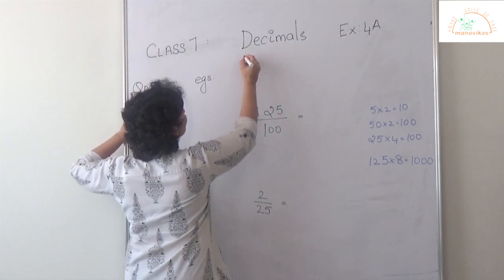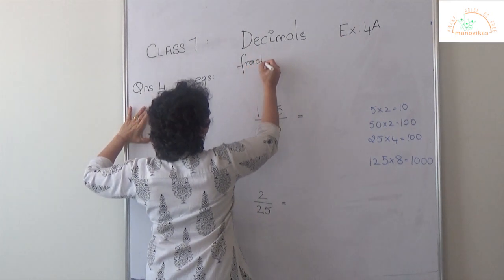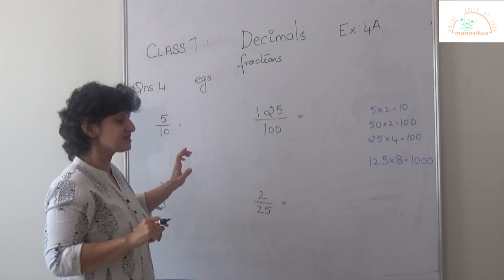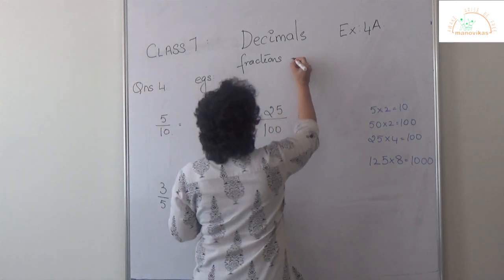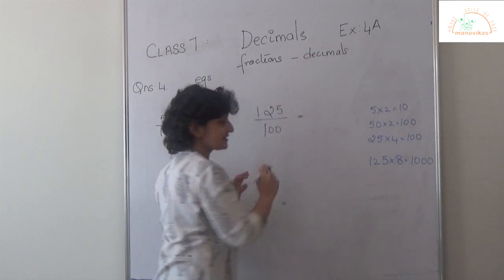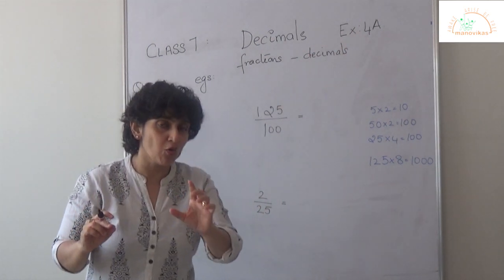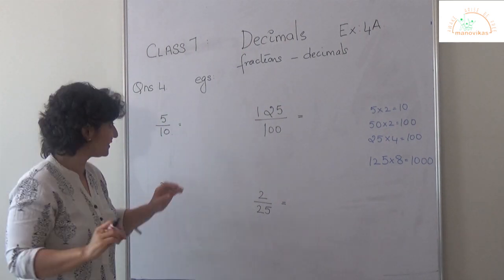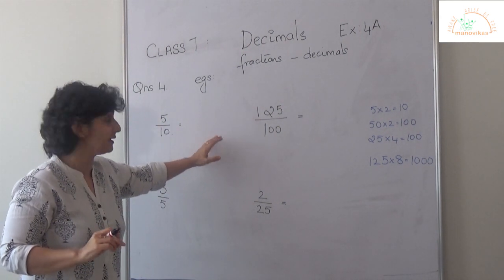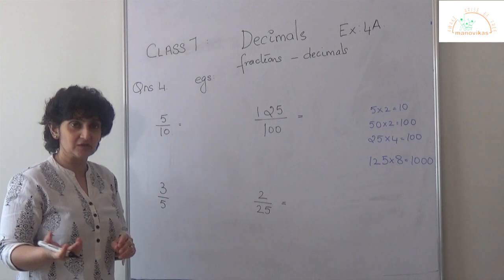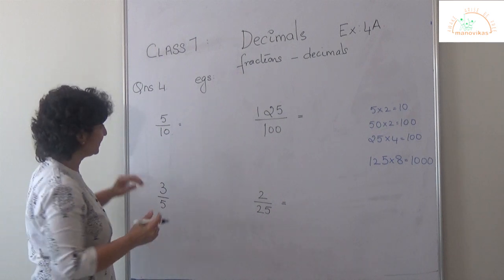Now, you have fractions, or let me say you're given fractions and you need to convert them into decimals. As I just said earlier, you know what decimal fractions are, right? So it's very easy to convert them into decimal numbers. You just count the number of zeros and you get your decimal number.